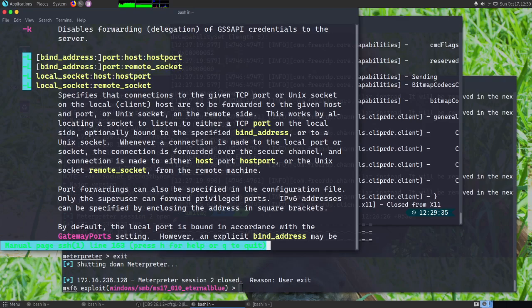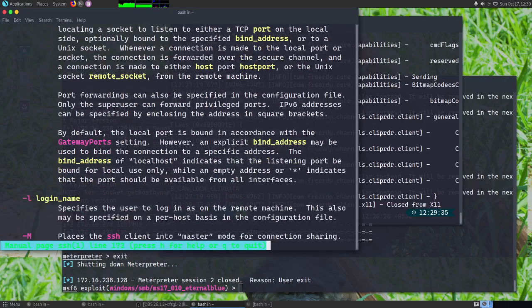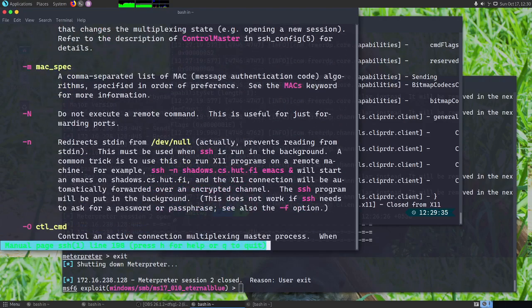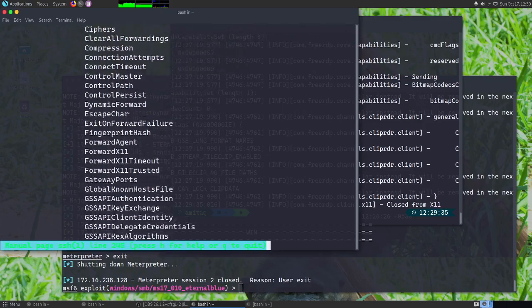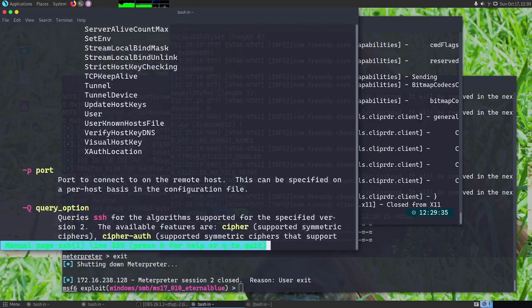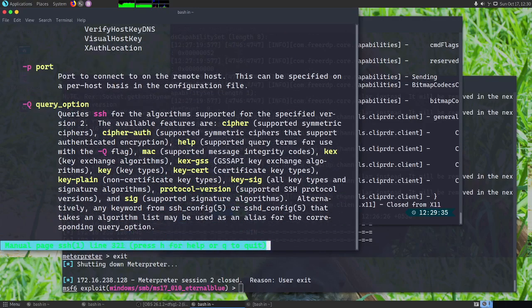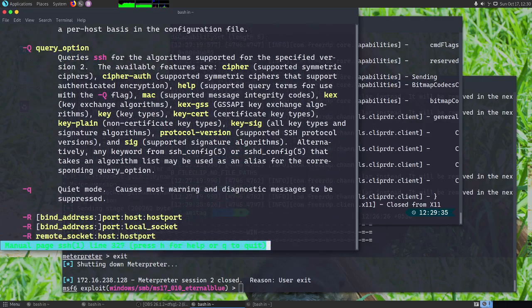Similarly, there is a minus capital R, which is for remote port forwarding, or reverse port forwarding, as a lot of people call it, where I can give a remote port which can be forwarded back to the local host that we have here.